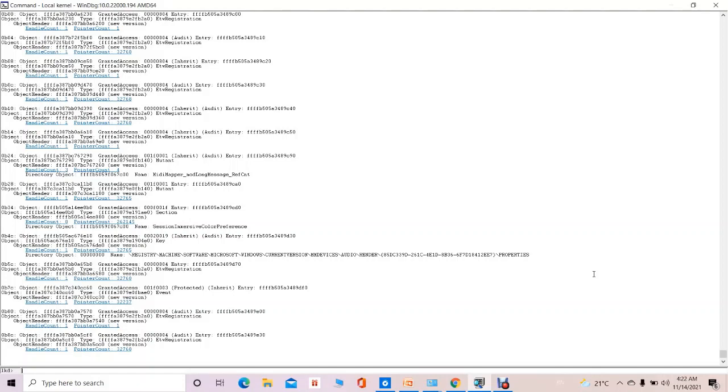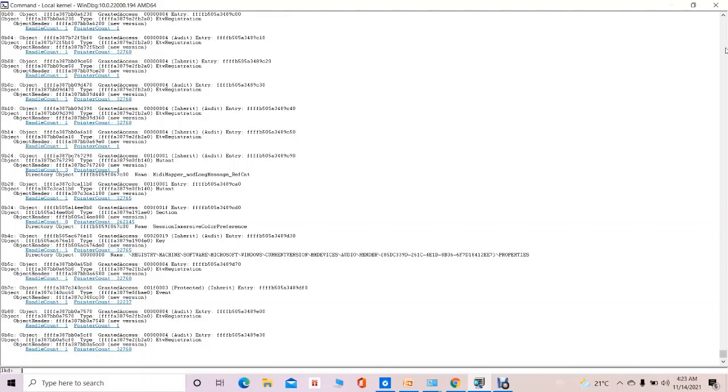Okay, so after going through all the objects in the volatile memory, finally we got the list of all the objects which are associated with the running process, that is PowerPoint.exe. As you can see, there are a number of objects which are opened for this particular running process, like ETW registration, then we have the event, section, and mutant.